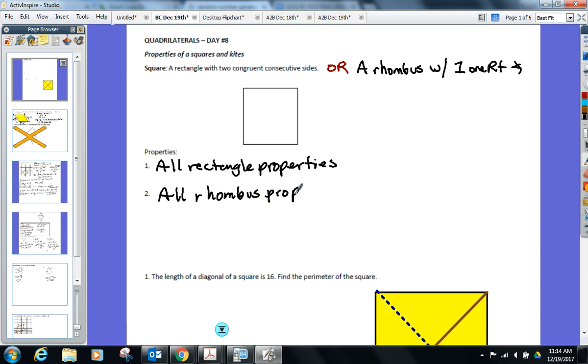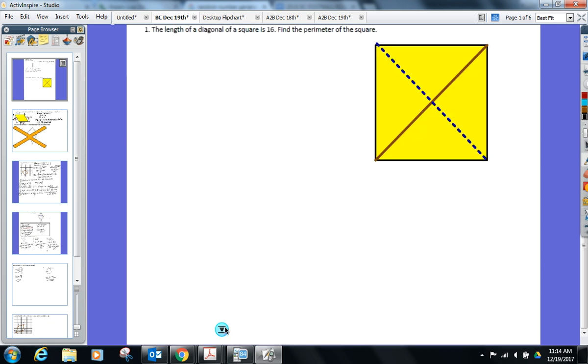Question came up in my first period class, why don't you write down all parallelogram properties too? They're already in the rhombus and rectangle. Beautiful. Okay, so think about square. Here you go. Bottom line, every property we discussed. You throw out a property, it's got it. Okay, square has everything. So while we're on that topic here, the length of a diagonal is 16 for a